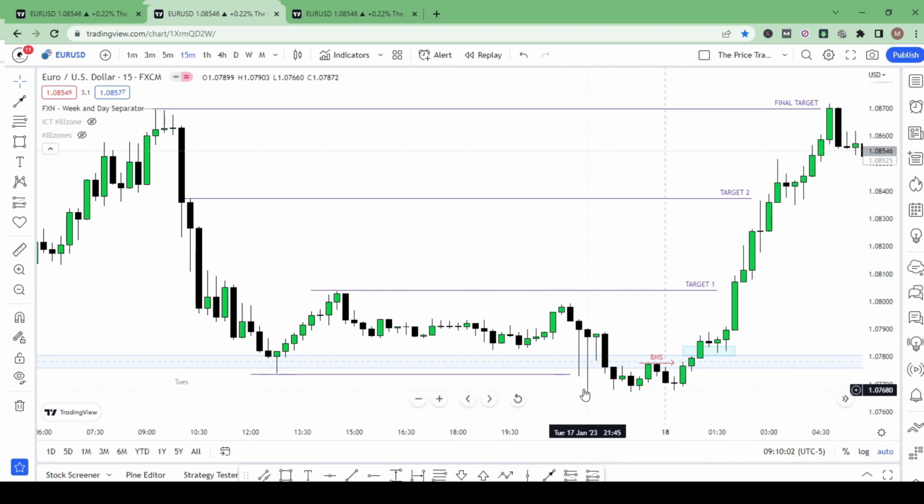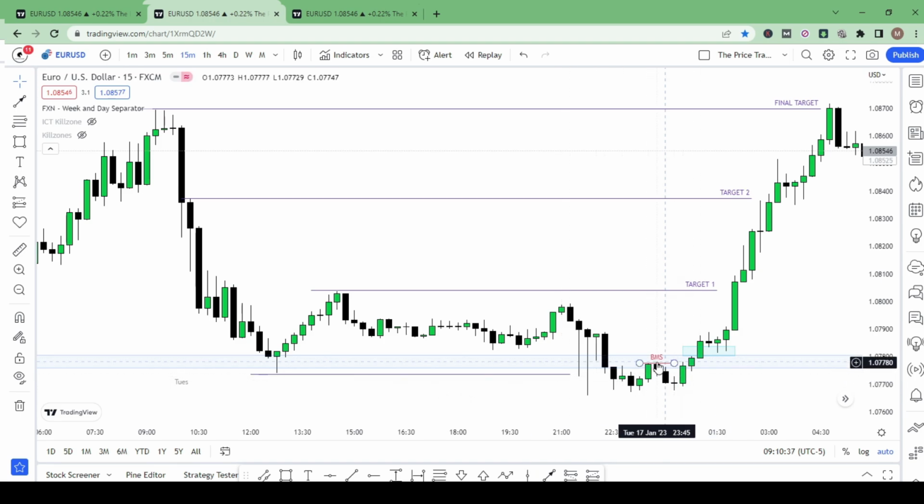Once that liquidity is taken out, I like to observe during the London session between 2 a.m. and 5 a.m. 2 a.m. was about here, but I usually start watching around 1 a.m. You expect this setup to form by 5 a.m., or it could even form during the New York session. It's not necessarily during London, but it depends on what time this imbalance on the daily chart was hit. Once you see sell side liquidity has been taken out, in the 15 minutes chart